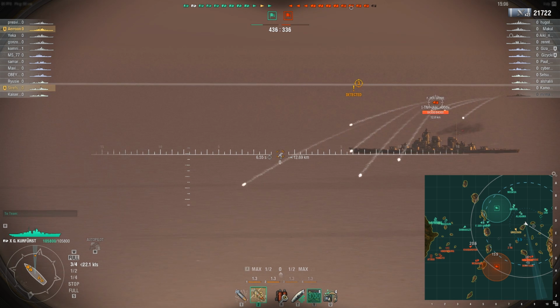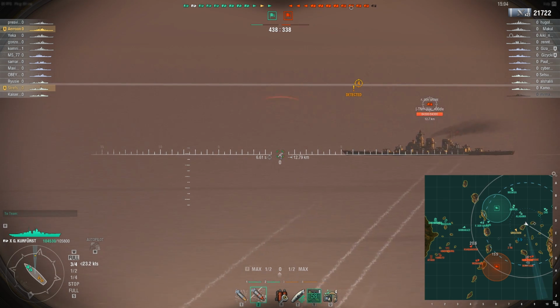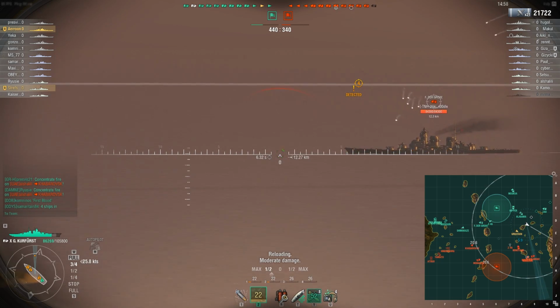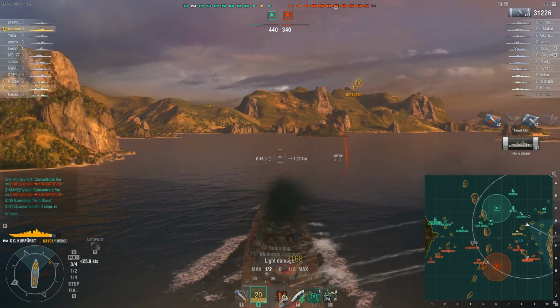Okay, so, since the Kurfürst went down, thanks to my nice teammates and their very well placed torpedoes, it is time to fight the guys on this side, and it's going to be a lot safer now, because I don't have to worry about the Großer Kurfürst being on my side. So, if I just angle towards them, I can just...